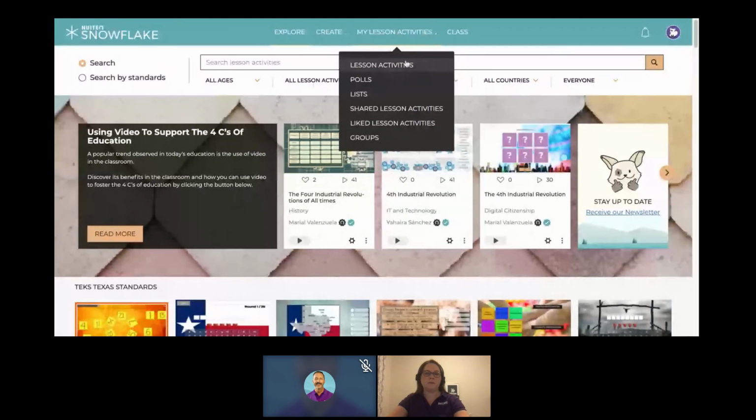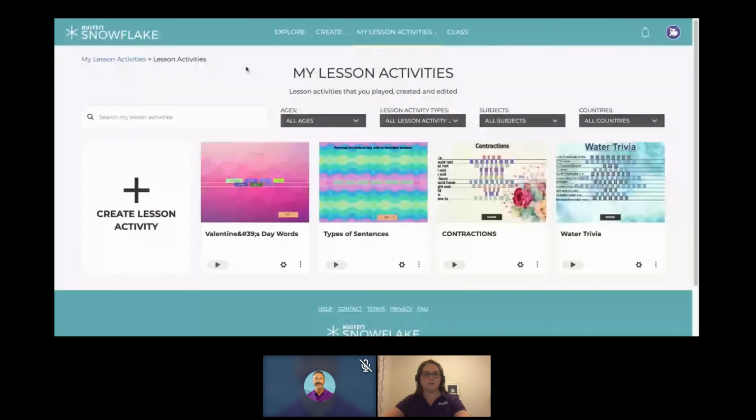One of the things I really enjoy with Snowflake is we can assign lesson activities to students to complete on their own device. So we have that really great model in that you have the interactivity of using the panels, and you can have many students up there touching, manipulating, moving, collaborating together and playing the lesson activities, or you can assign them